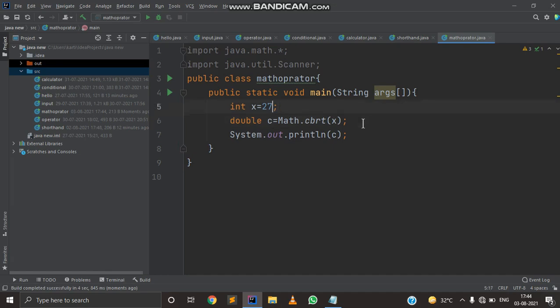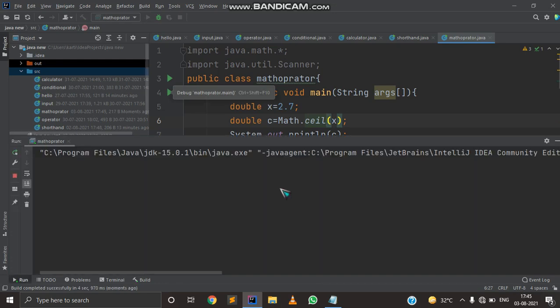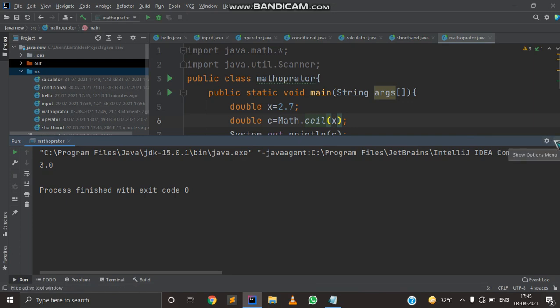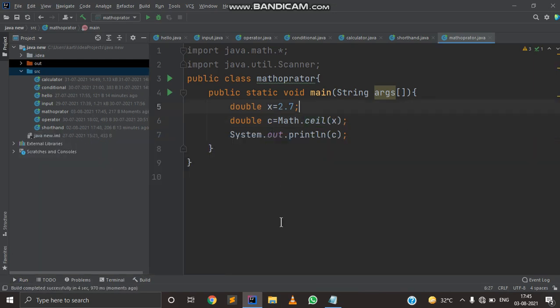So in place of 27 I'm going to write 2.7, as a double. The return type of Math.ceil is also double. Now I'm going to run this program. As you can see, it is coming 3.0 because we round it up, as 2.7 is nearer to 3.